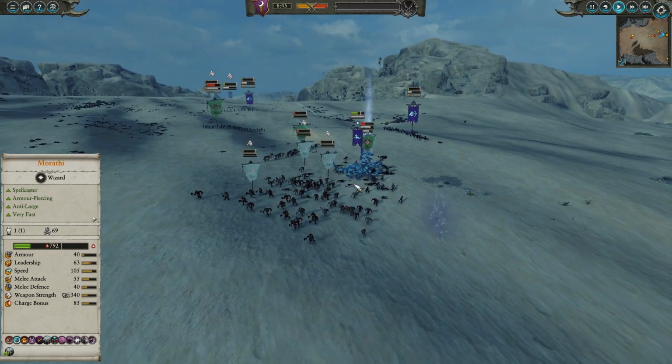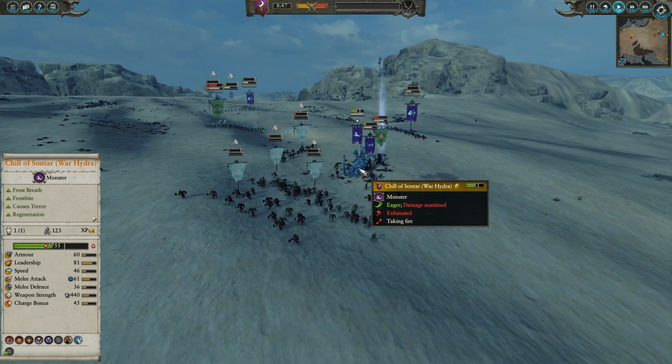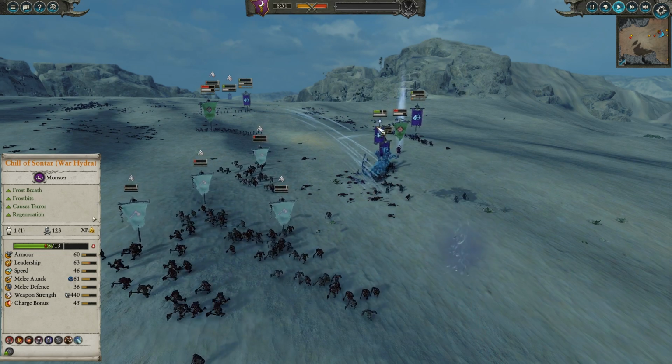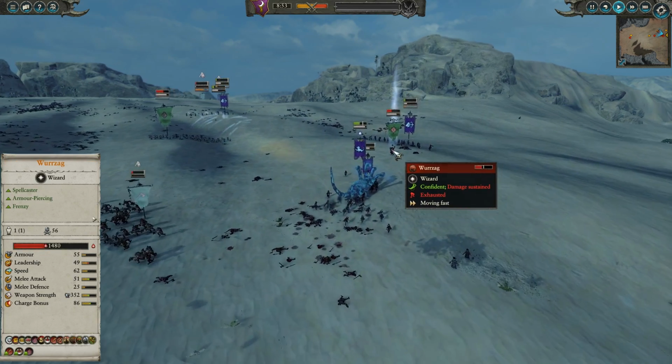And man, I have to say, Chill of Sontar for the longest time, and Hydras in general, I always kind of perceived them as a bit of a meme unit, but I actually think they're pretty good. And I guess seeing Falcon play a lot with them, he of course makes them look really good. It kind of inspired me to start trying them out a bit, and man, they are really a nice anchor